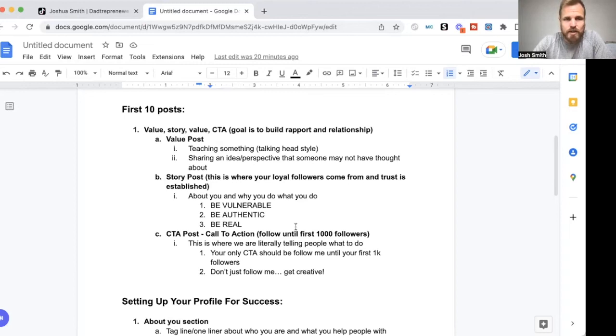That's a huge key. I know people don't want to put their crap out there on the internet. And I'm not saying have a pity party, nothing like that. Just be vulnerable. Let people know. Like for me, I tell people all the time, I used to be a crappy dad. I used to be a crappy husband. I used to not want to provide for my family.